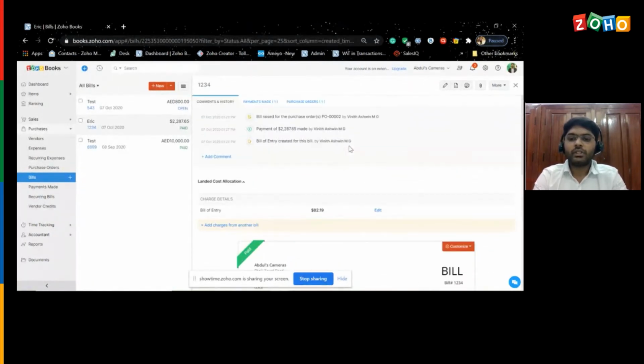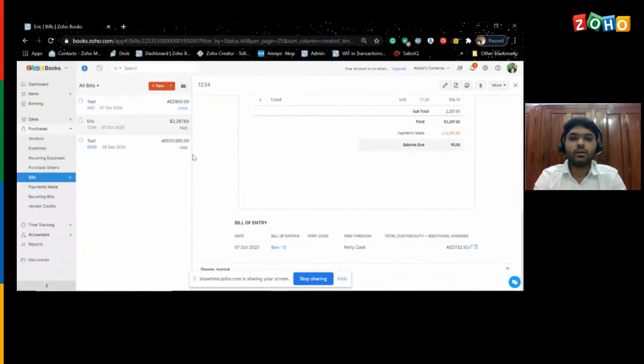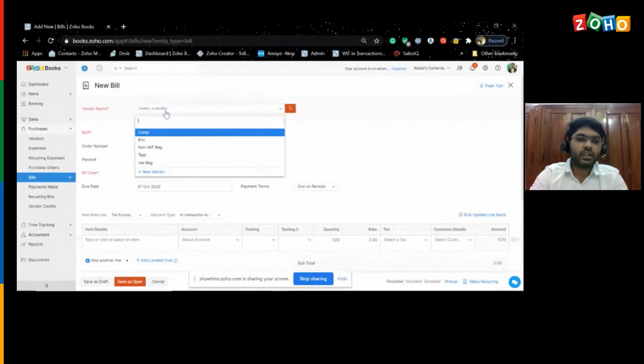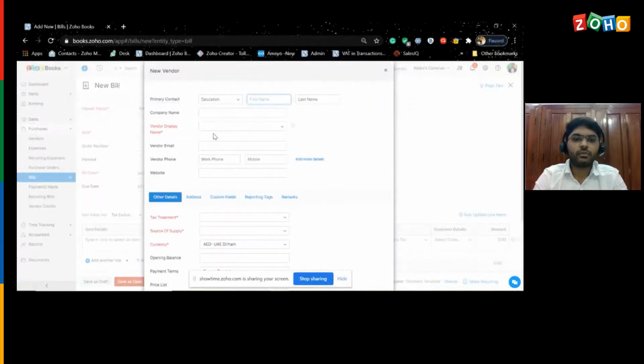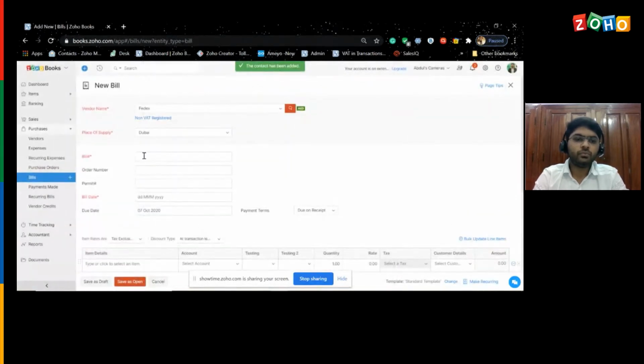Okay, so for this particular purchase, there are some additional charges for me. There is a company helping me in the import, like some shipping charges. So I'll be creating a separate bill for that. Let's say the shipping charges are from the company FedEx. So I'll just choose FedEx. I'll give non-VAT registered, and I'm transacting with them in AED. So I'll just save this and I'll give a bill number